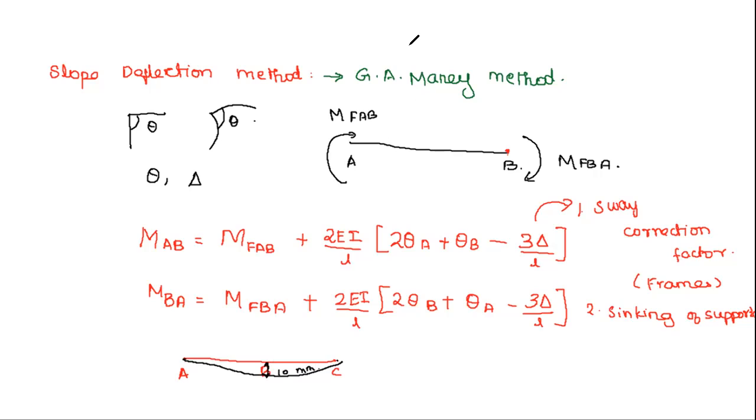Here an anti-clockwise moment is applied, and here a clockwise moment is applied, which means while using it for AB, the sway correction factor will be negative. While using it for the span BC, the sway correction factor will be positive. So let us see some small sums regarding these questions. Those are the points which we had discussed.